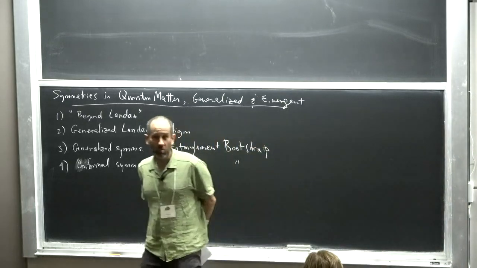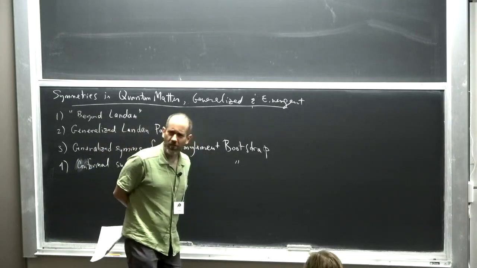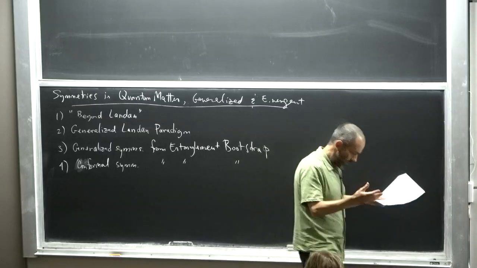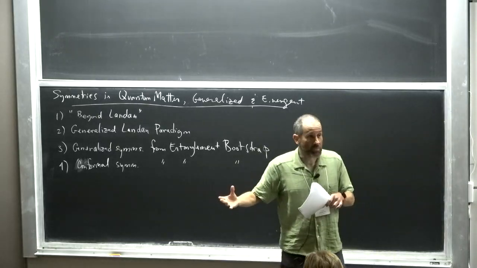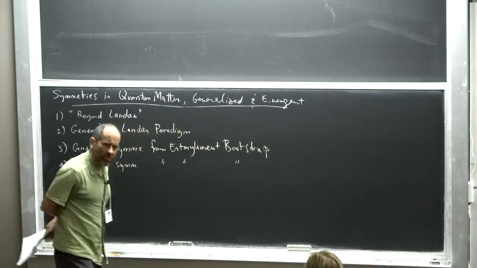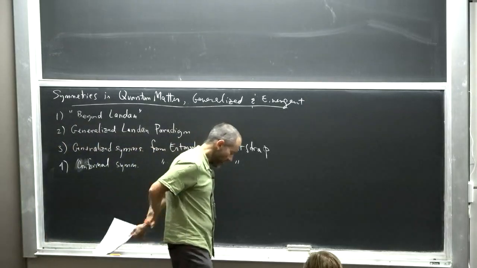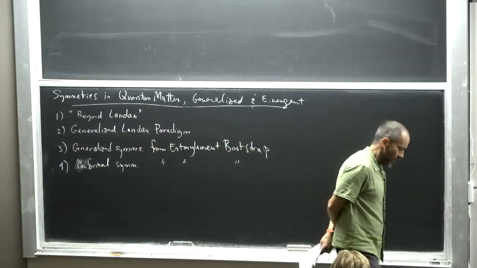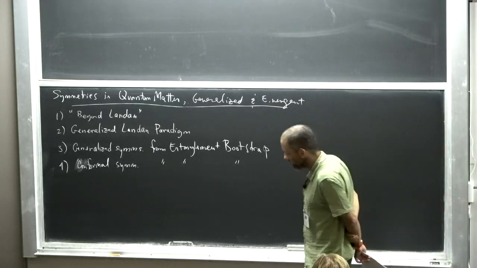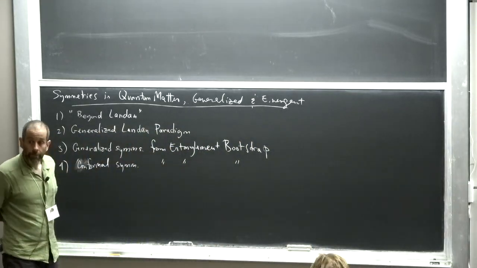So topological field theory, as you may have noticed, is a very nice thing, but it requires some assumptions, right? People prove things about topological field theory, but those are mathematical statements that start from some set of axioms and then arrive at some conclusion. And it's not entirely clear that those axioms that were chosen by mathematicians are the right ones. Maybe they are. I don't want to disagree. And in 2+1 dimensions, I'm pretty sure they are. But especially when we get to higher dimensions, it's much less clear that all of these assumptions are the right ones. And so it's very nice, I think, to have a starting point